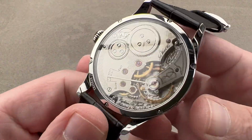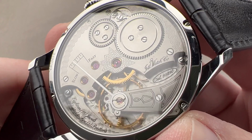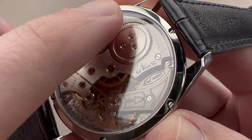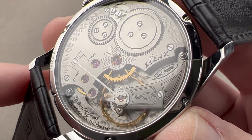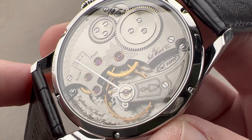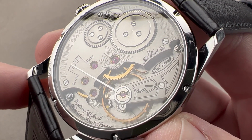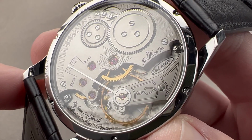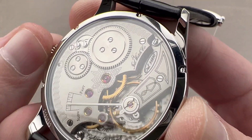And that's before we even get to the movement. The original Portugueser used an IWC pocket watch movement. This is the successor to the legendary 98 series of IWC pocket watch movements. It is the 98290. So while it was designed with wristwatches in mind, it was designed like a pocket watch movement for use in wristwatches the size of pocket watches, which is why you have a very straightforward arrangement